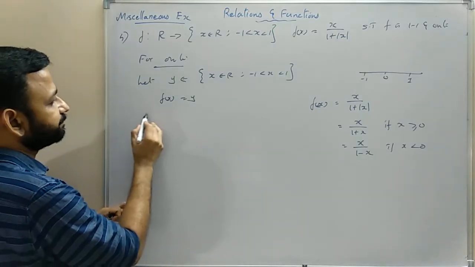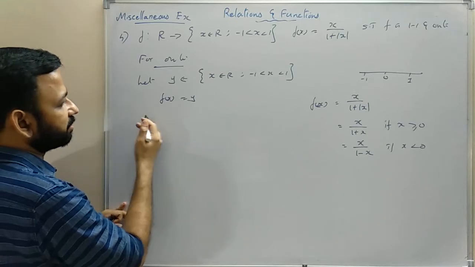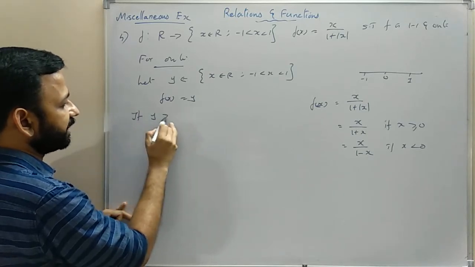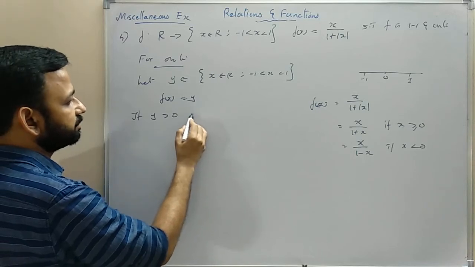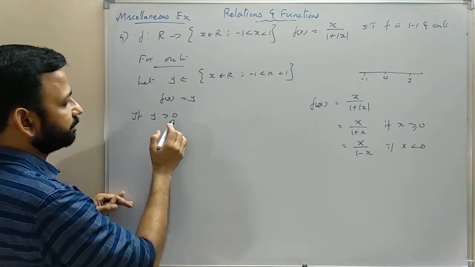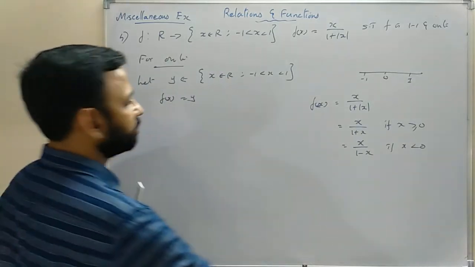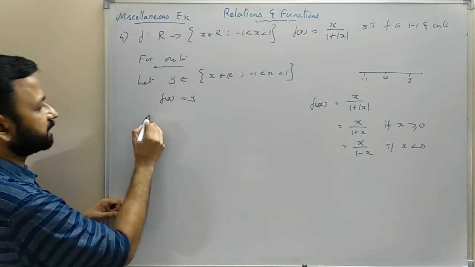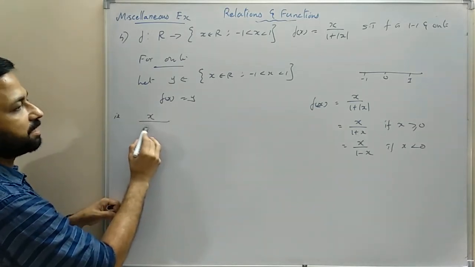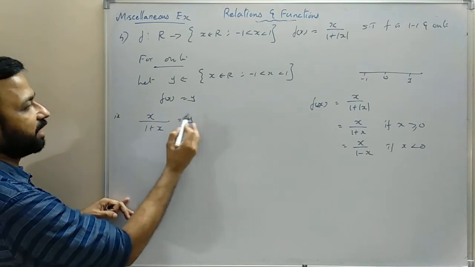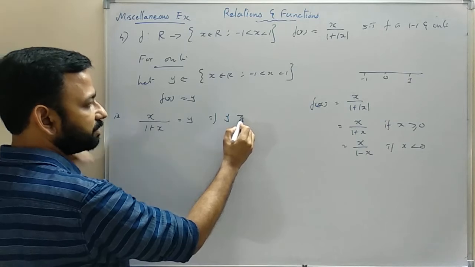So we can write down, if y greater than 0, then f of x is equal to y. So f of x can be replaced by x upon 1 plus x is equal to y if y greater than or equal to 0,